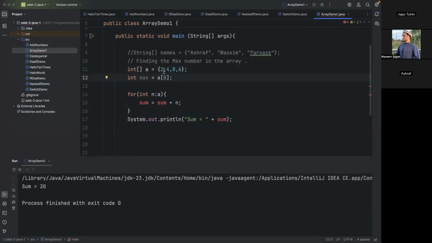Assuming the first element is max. Actually, the max variable's value is the first element, which is 2. Exactly, that is the way, because